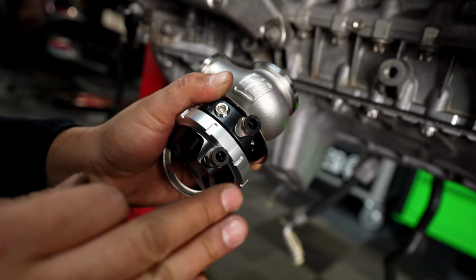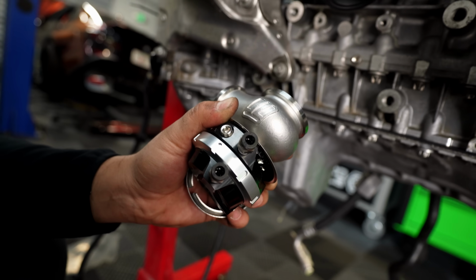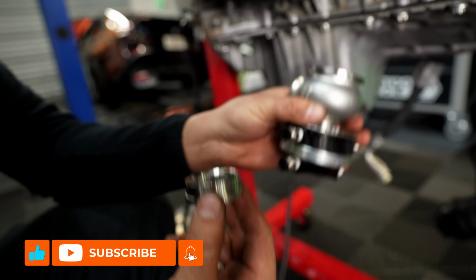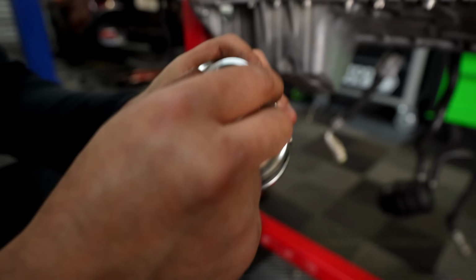But you do have to cut the ends on the lines straight, so when you push it in, it seals properly. Before you install your wastegate, make sure you put your fire ring on. Don't just go, oh, sick, it's installed. Shouldn't be that easy. You gotta have this,